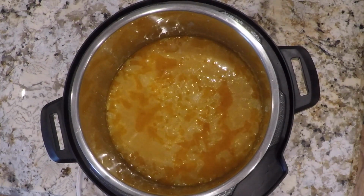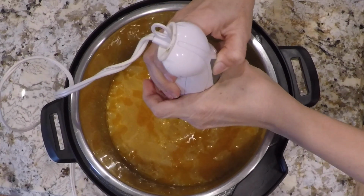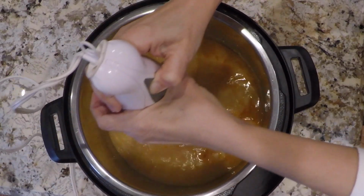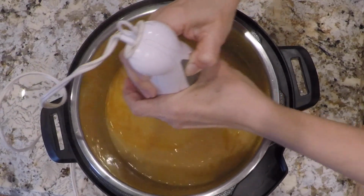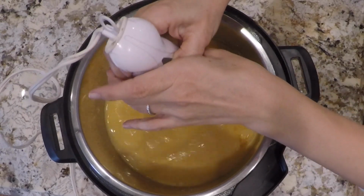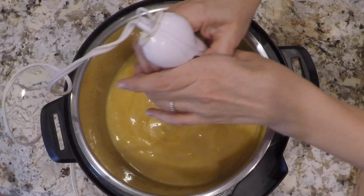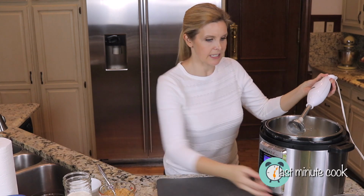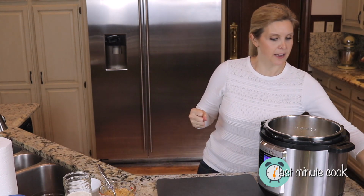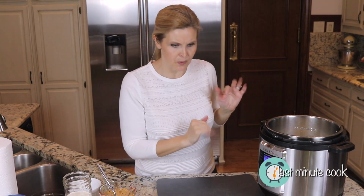Now we want to blend all of this together. So, again, I'm using an immersion mixer, but you could pour this into your blender if you wanted to. If you're using an immersion mixer, please make sure you keep it immersed so you don't splatter hot liquid all over yourself. Please be careful. Follow your manufacturer's instructions. Once that's nice and blended, about 30 seconds or so, just slowly moving it around the bottom,